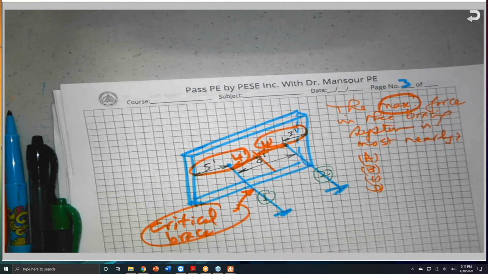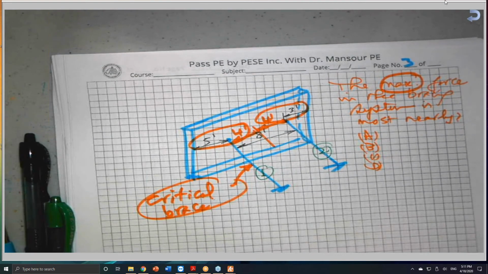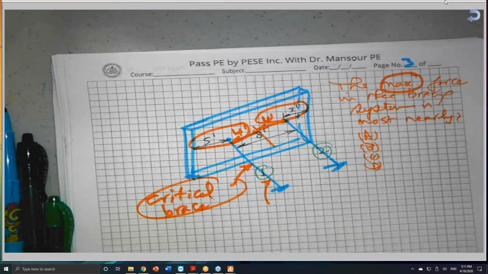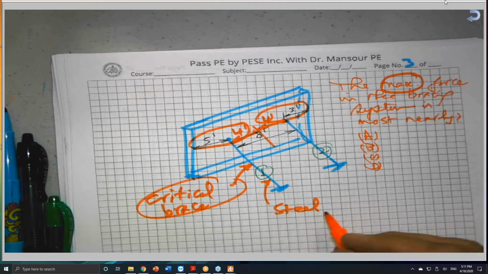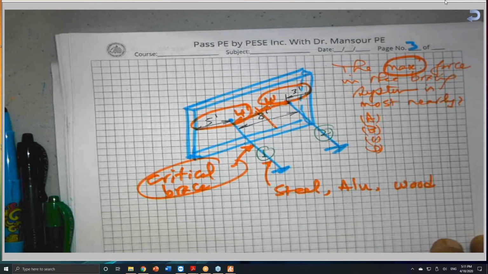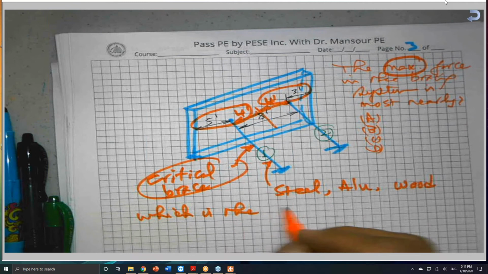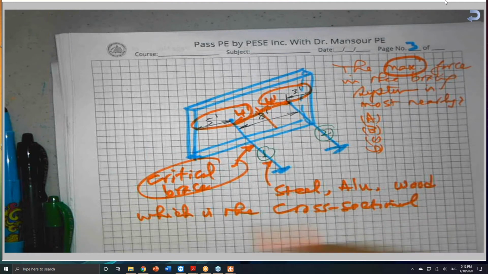Okay, so he might give you something else. Instead of asking you for the force, he will give you the material: that this brace is made of steel or aluminum or wood, whatever. And he will tell you what the cross-sectional area is, assuming yield stress